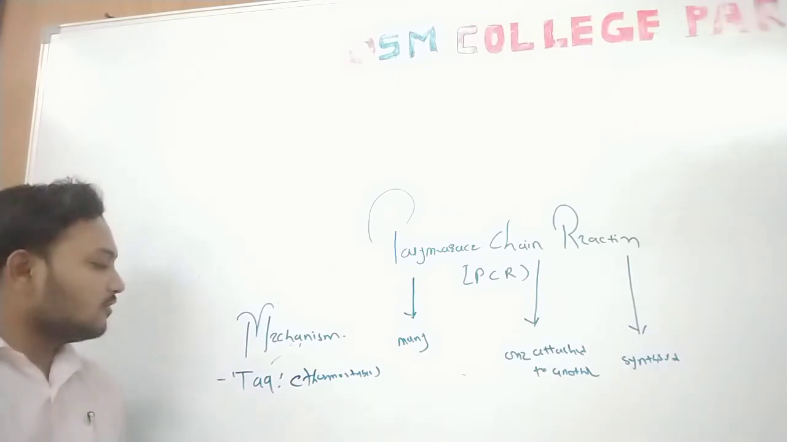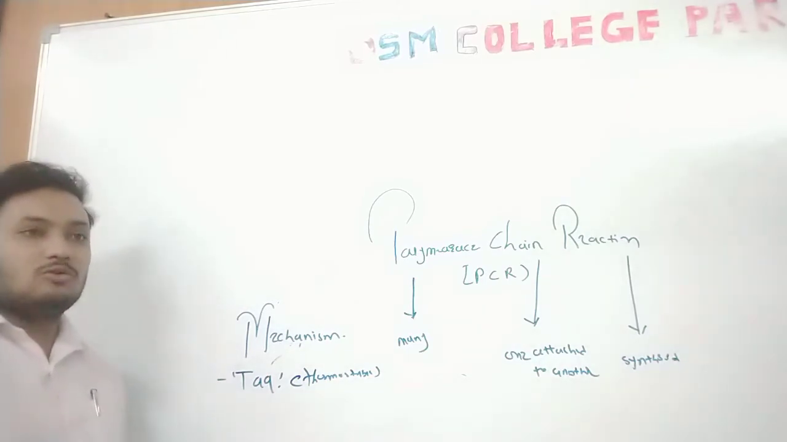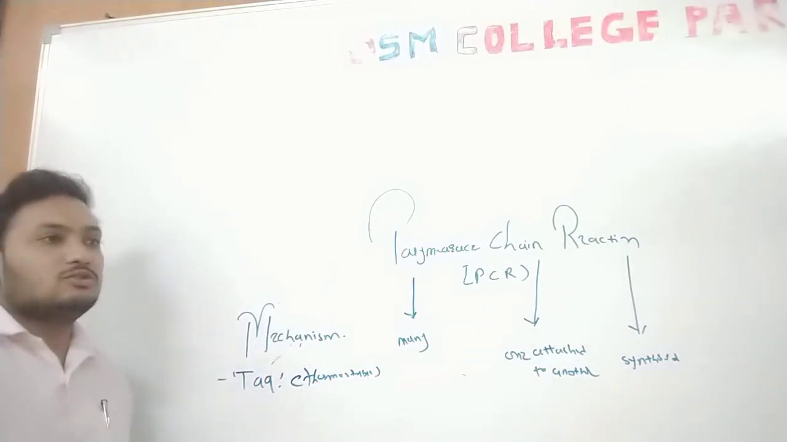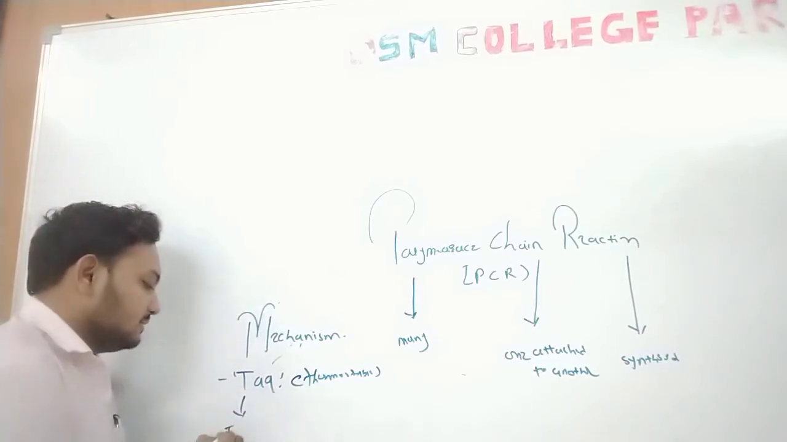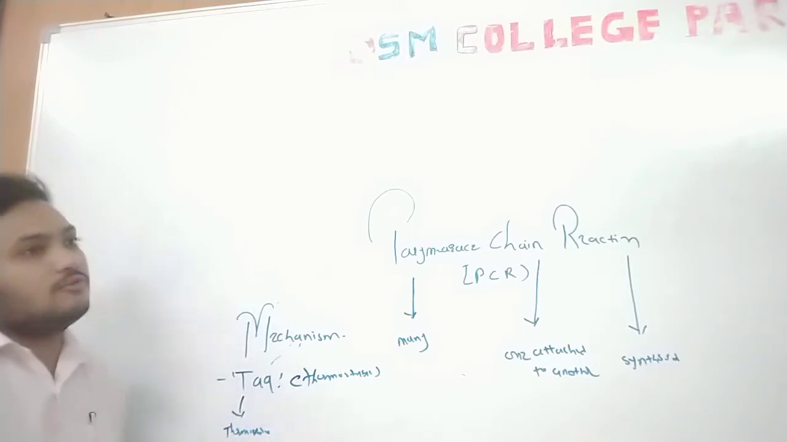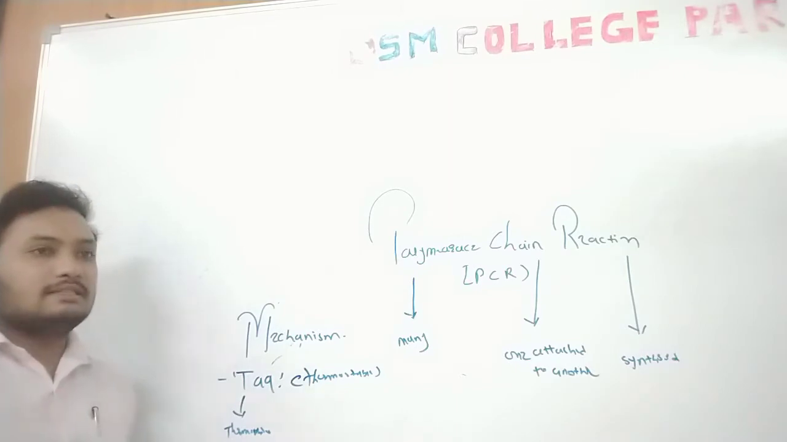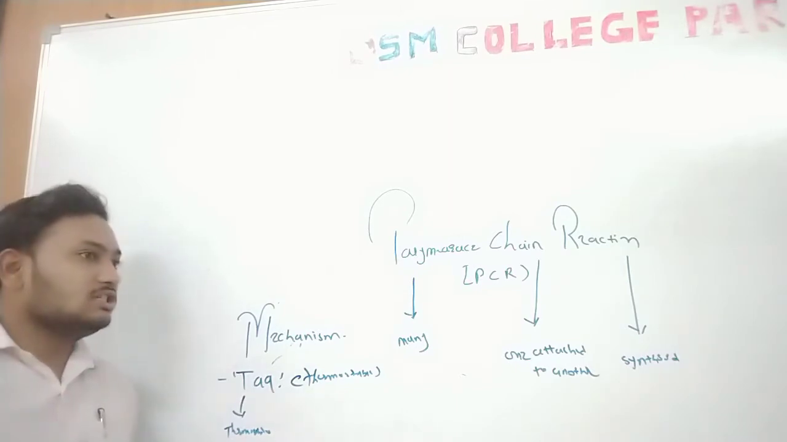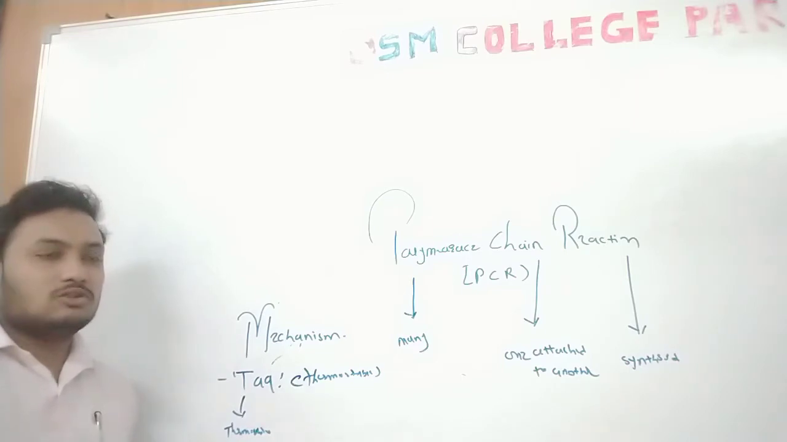T stands for thermophiles. We know that those organisms grow at a higher temperature, so they are known as thermophiles. So T stands for thermophiles. A stands for aquaticus. Thermus aquaticus is a species, the genus is Thermus and the species is aquaticus, that is responsible for synthesizing the Taq polymerase in this extreme condition,